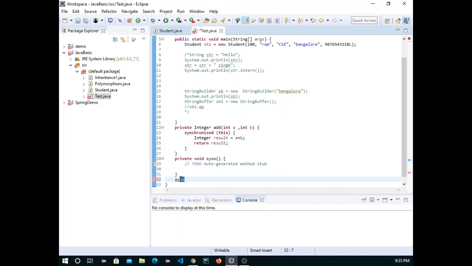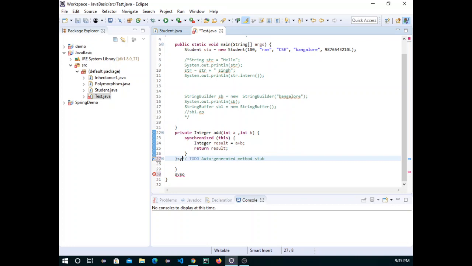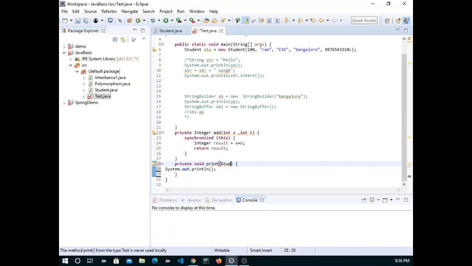Oh sorry, so this one, print will take the object that is of a student type and it will print the data.